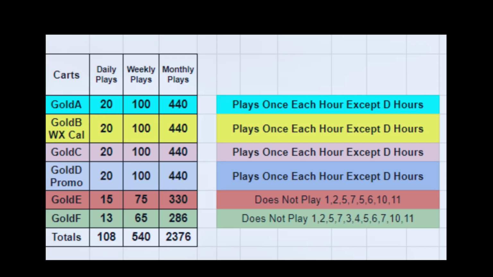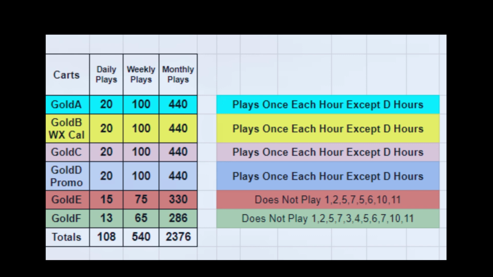So just to review, I'm going to take you back to the number of carts that are in play for this entire system for Monday through Friday. There are 6 carts in play, and the gold cart A plays 20 times a day. The B cart plays 20 times a day. C cart plays 20 times a day. The D cart plays 20 times a day, the E 15, and the F 15, for a total of 108